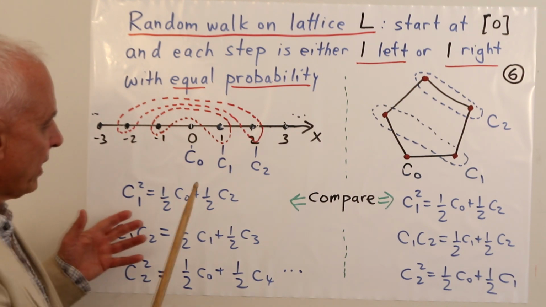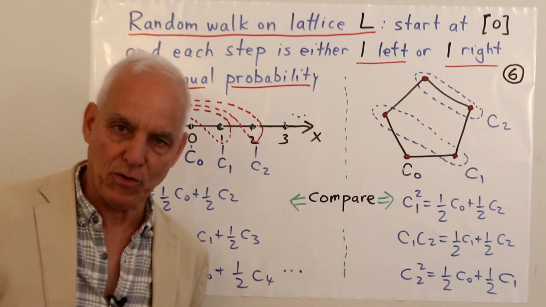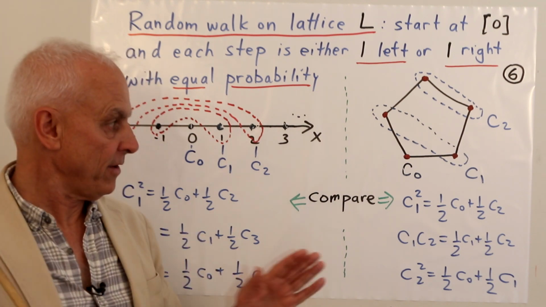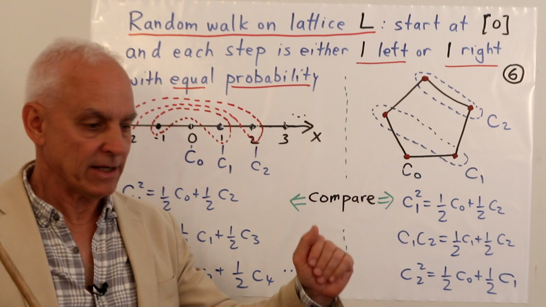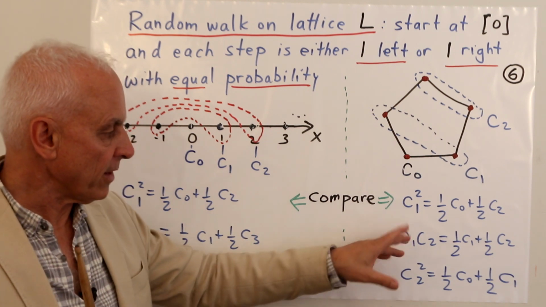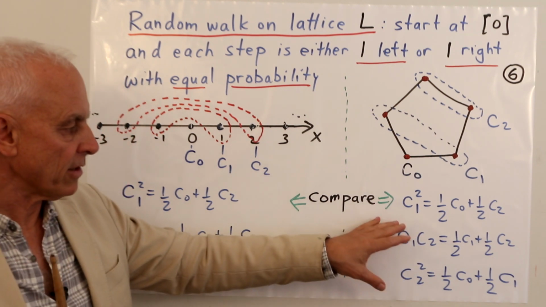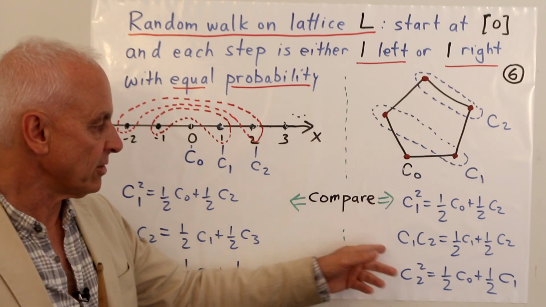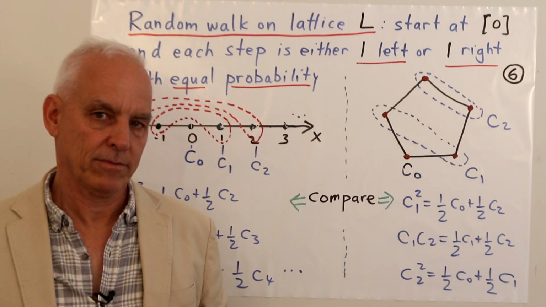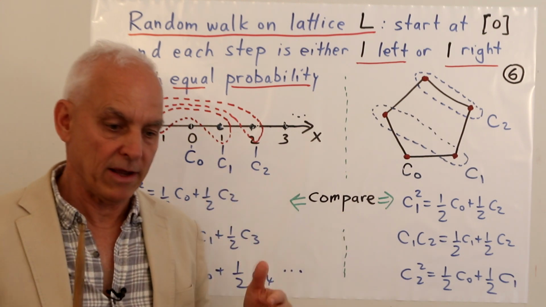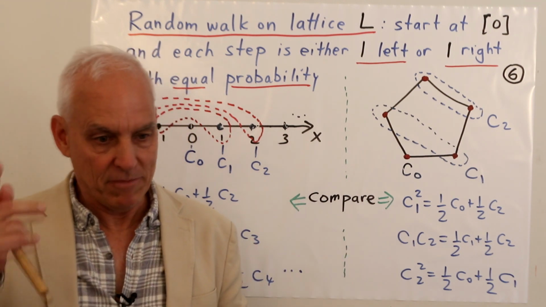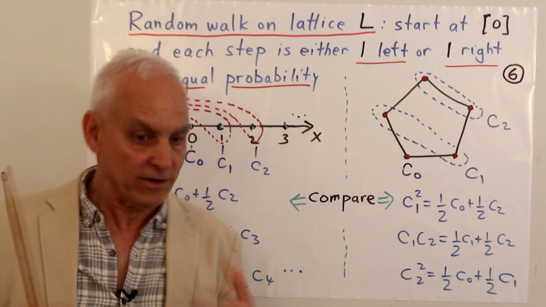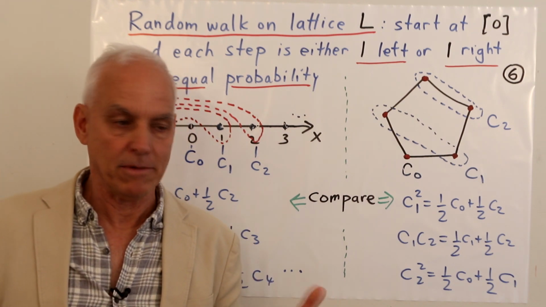So we get an unbounded kind of hypergroup now. So it's a little bit different. It's not a finite thing anymore. It's unbounded, but it still has a lot of the algebraic structure, parallel in some sense to these kind of hypergroups. So this is very interesting because random walk on a one-dimensional lattice, or even more interestingly in higher dimensional lattices, is a very interesting thing, and much studied.